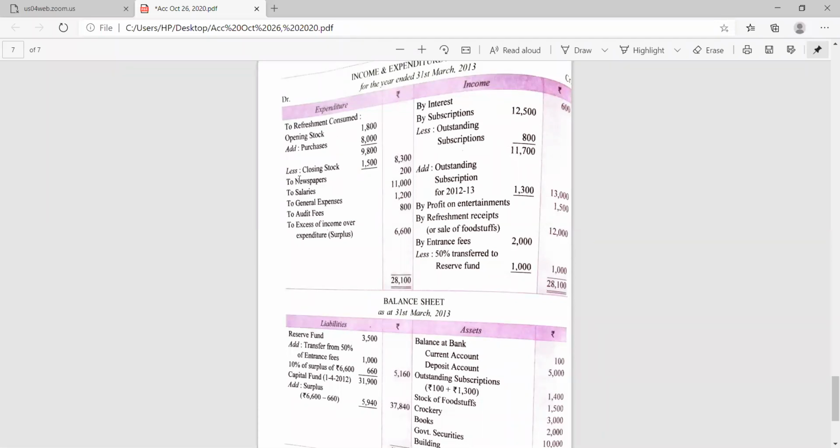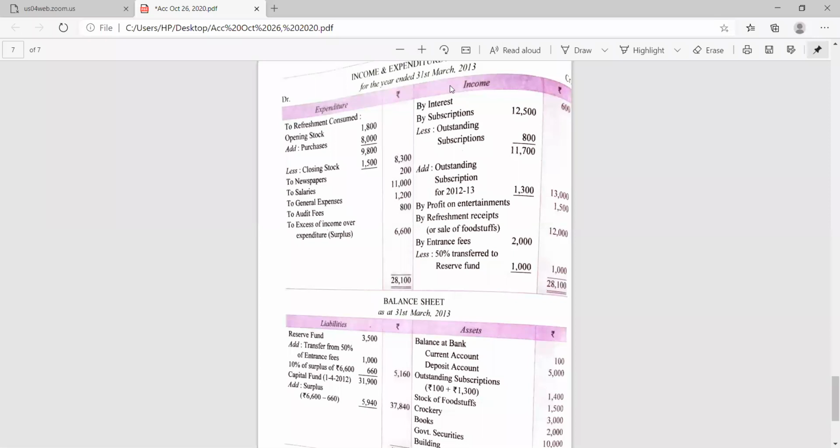While all the expenses and receipts related to the current year are to be shown in the income and expenditure account. So whatever items are given to you, if there is any outstanding item or any advance item, all are to be dealt with and treated while preparing the income and expenditure account, whether it is to be deducted or added, because we have to show only the current year data or transactions related to the firm in the income and expenditure account.